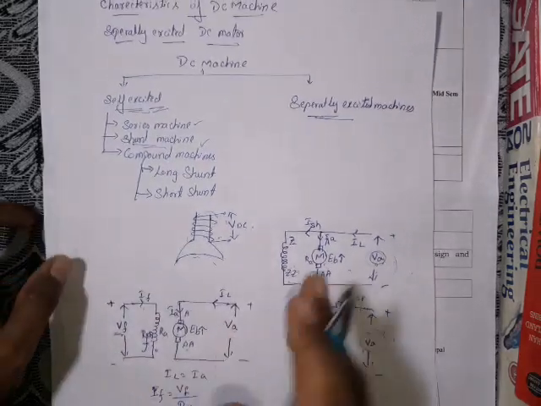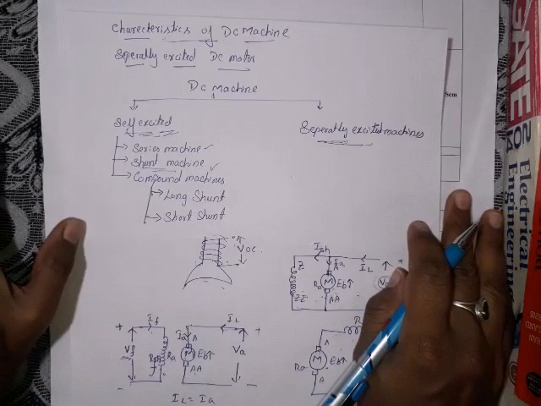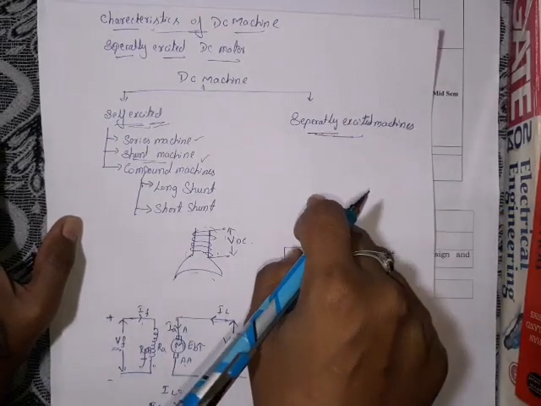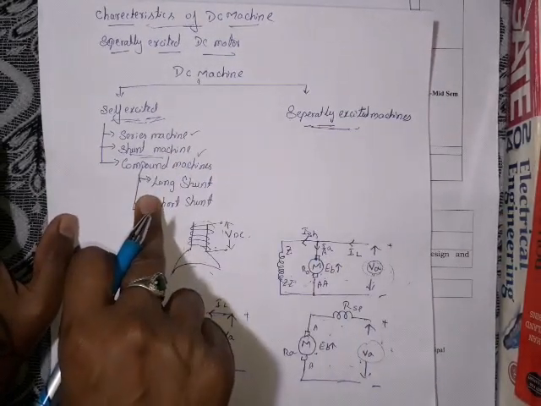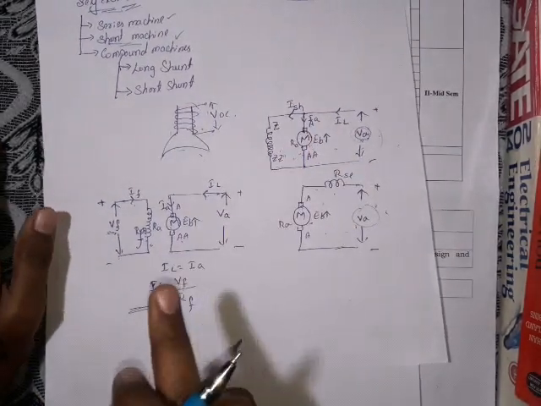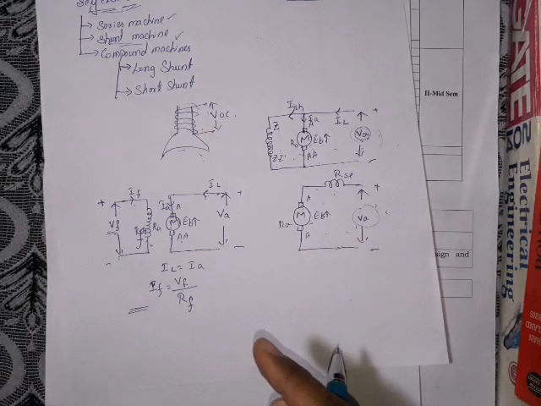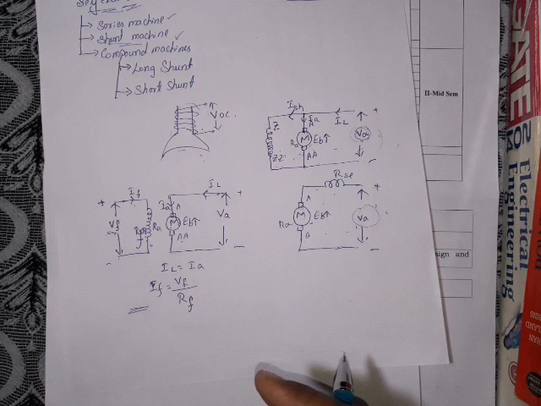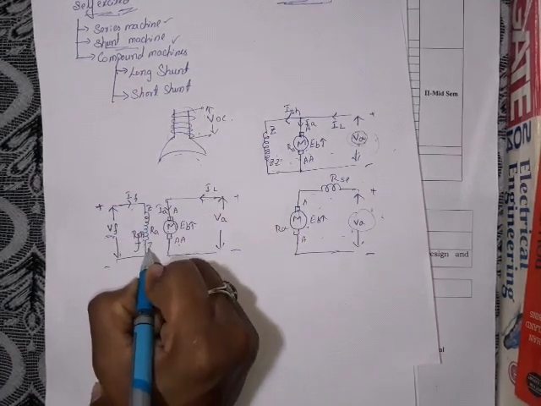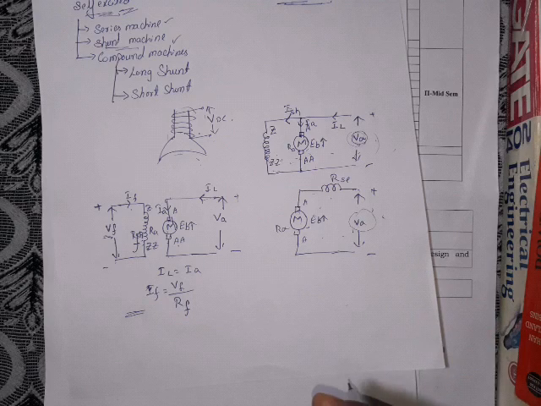Now what we need to do? We need to study the characteristics of this separately excited DC machine. There are no subcategories in this, as in the case of the others. So separately excited is a single type of machine. You can recall that in the lab you connect the connections for two DC supplies, one for VA, another one for VF, between Z and ZZ. So that is a separately excited DC machine.